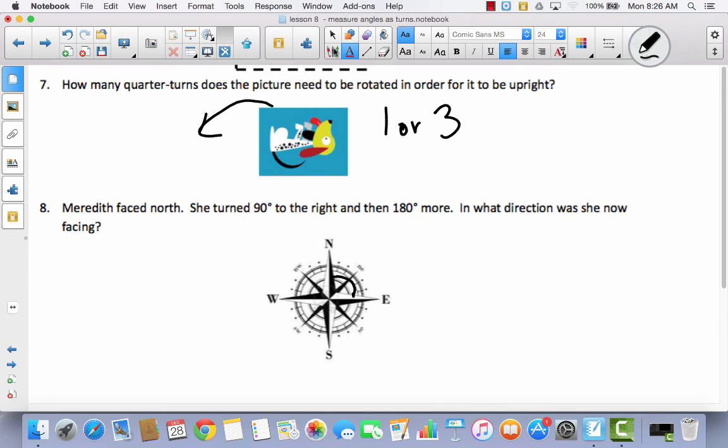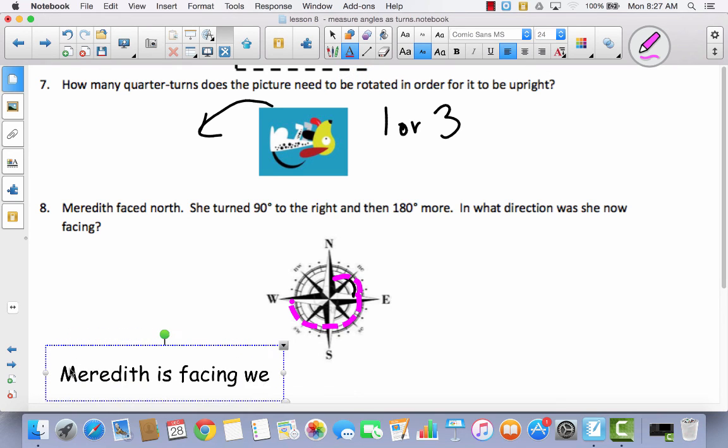I'm going to change the color here so we can see this a little better. All right, so she makes a 90-degree turn. All right, then it says she turns 180 degrees more. So this would be 90 and another 180 degrees. So now she is facing west. So I'm going to type this because I can type a little bit faster than I can write. It looks a little bit neater. So I would say Meredith